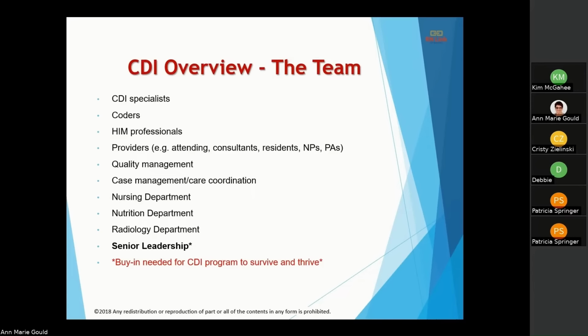But we also work with them when we're assigning our working DRG assignments. We have the geometric mean length of stay listed in our DRG. So we work side by side with case management as well. I know we used to, at Henry Mayo, work with case management to give them our working DRG